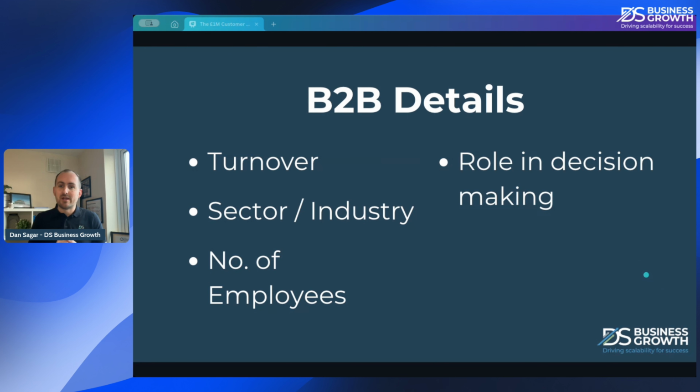Role in decision making is a really interesting one here, because if you're looking to speak to HR managers, accounts managers, anyone in a design position or whatever that role is, especially in larger businesses, has the person you're speaking to or want to speak to got a role in the decision making? So you might be speaking to the head of a department, which is the perfect customer for you. However, has that person got a decision making role to take on the services that you are offering to that business?